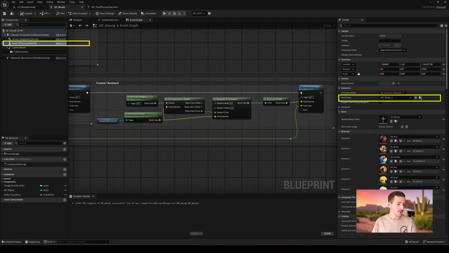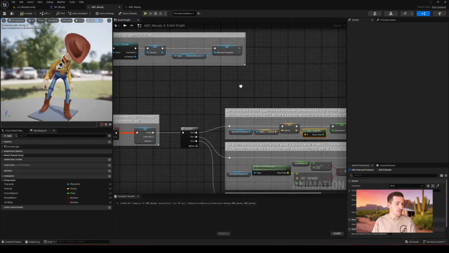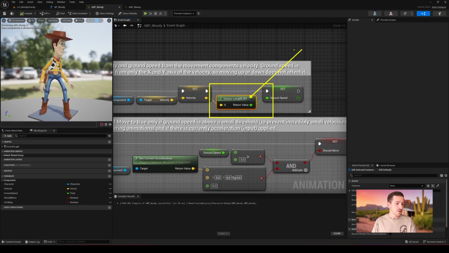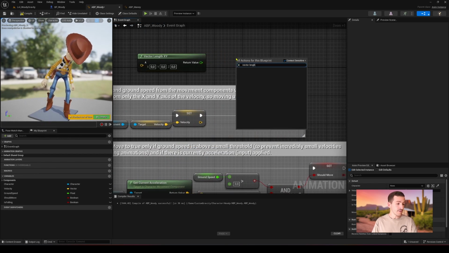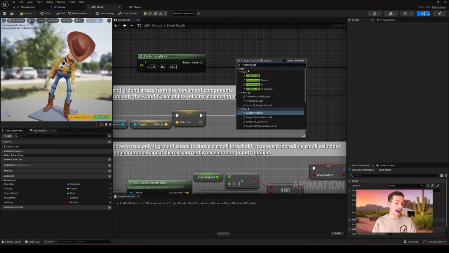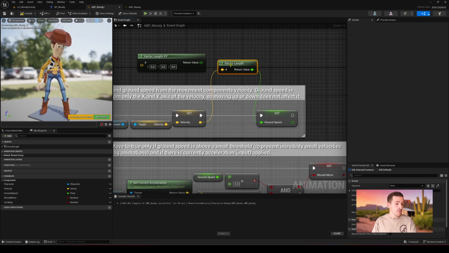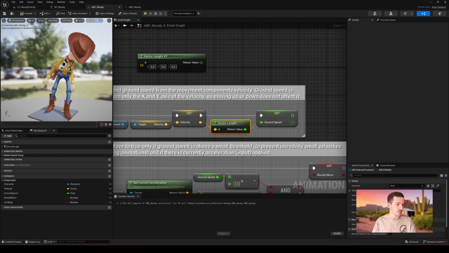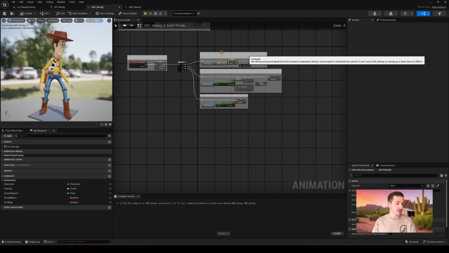If you select your mesh component here, you can access it directly. In the event graph, we just need to replace that node. Instead, let's call the simple vector length and reconnect everything. We need to specify here for Unreal to take into account all axes, not just X and Y. Because once the character is rotated, we may have problems and kinds of slowdowns on the character itself when you start playing with its gravity. The major part is configured.